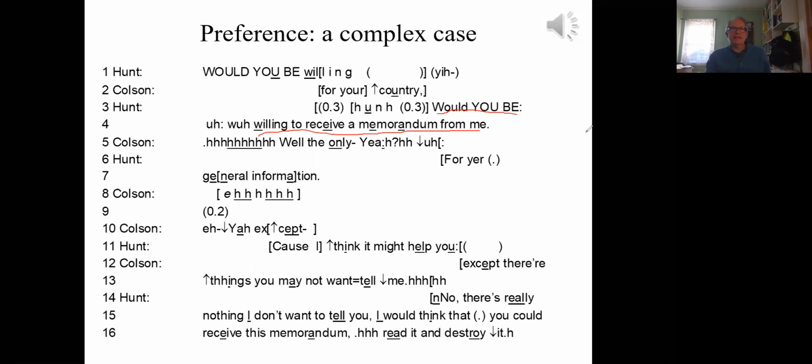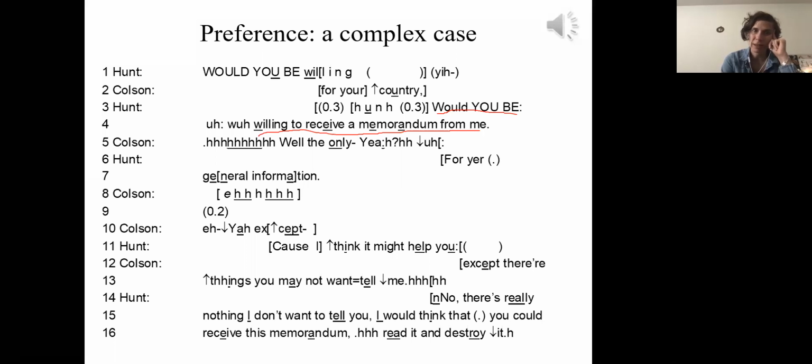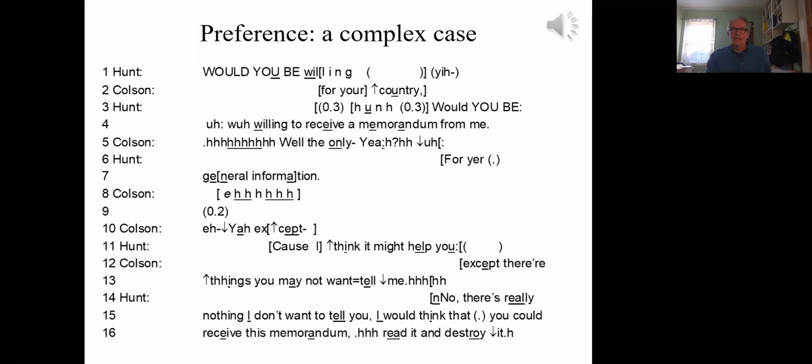What can you say about, okay, then what's the second pair part to that? Would it be line 5, the response? Just a tentative yes. Yeah. So there is a response, but it starts with well. So here's how describing the turn construction would be very important. So would you be willing to receive a memorandum? Well, the only, yeah,